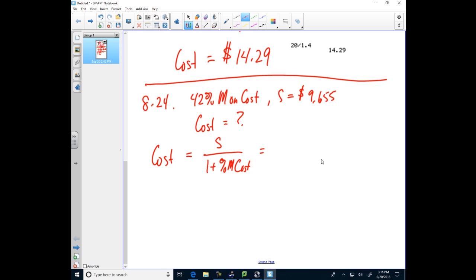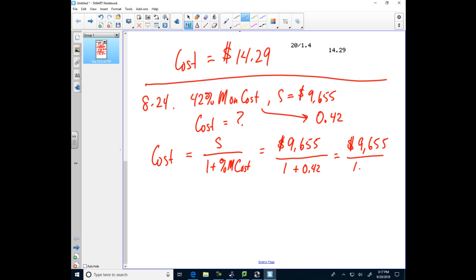And now we can do what? Well, we can fill in our numbers. $9,655 is what we're going to sell this for. And 42% expressed as a decimal is what? 0.42. So here we're going to have 1 plus 0.42, which is 9,655 divided by 1.042. So the cost is,